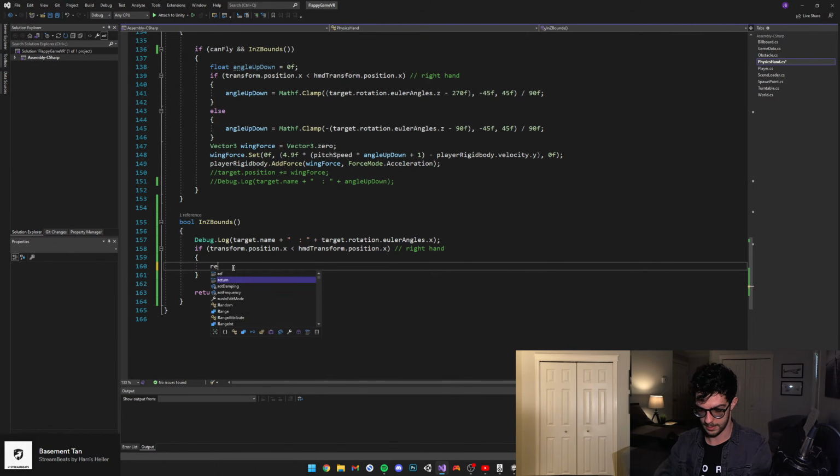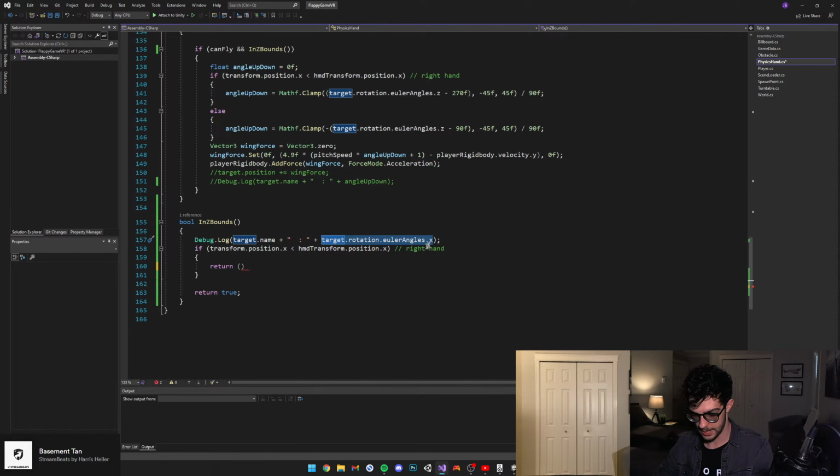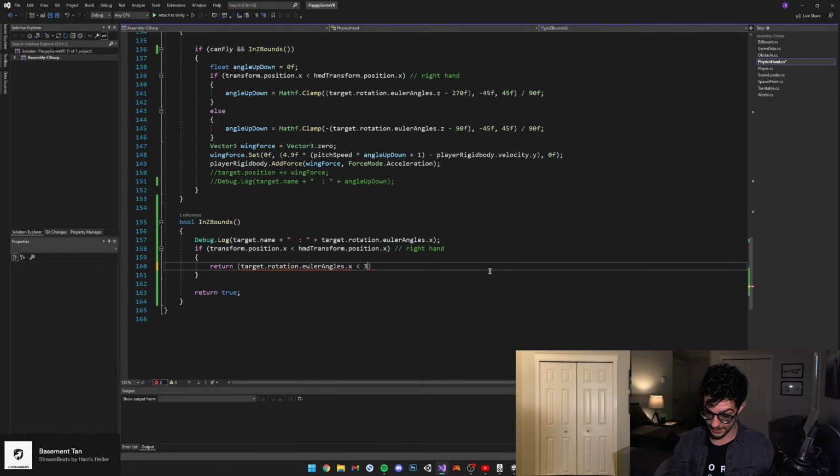Okay, return whether the target rotation Euler angle is less than, is greater than